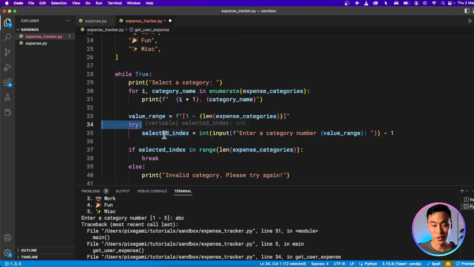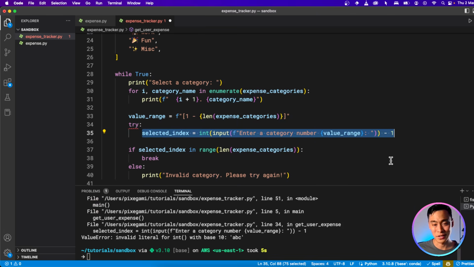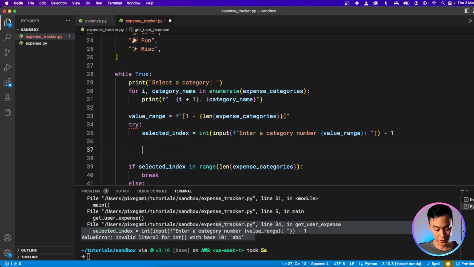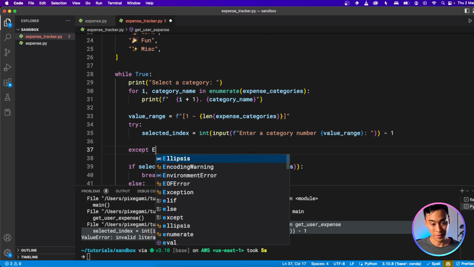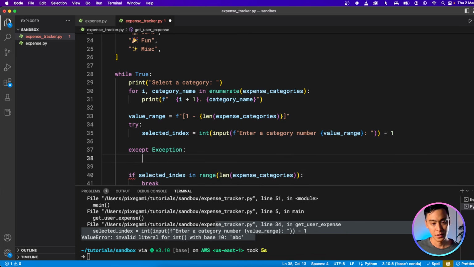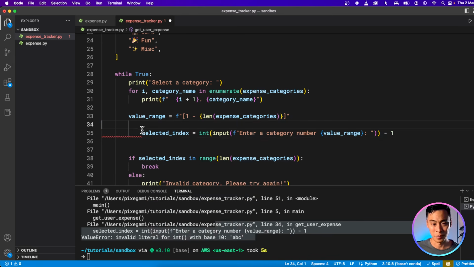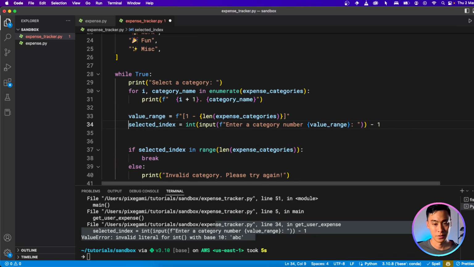Basically, what this will do is that if whatever is in the scope of the try statement has an error, instead of crashing the app like you see here, we can actually catch that error and then we can decide what to do there. So it would look something like this: try, except, and then you put in the name of the error. And then here you could do something with it. But don't worry about that for now. We're not going to purposely crash our app.